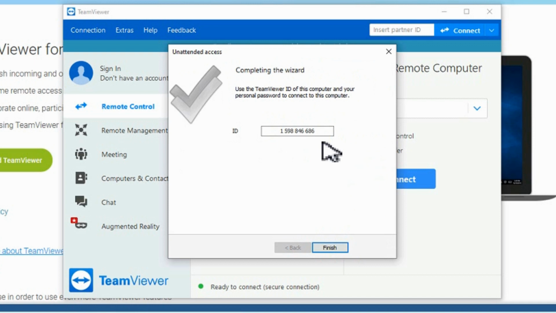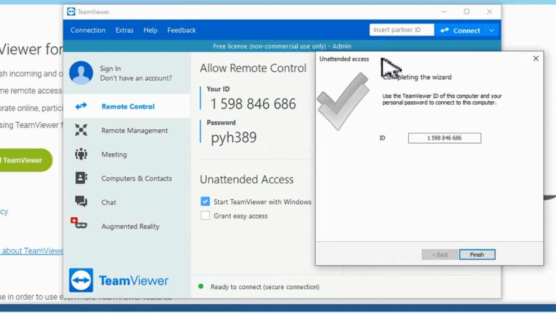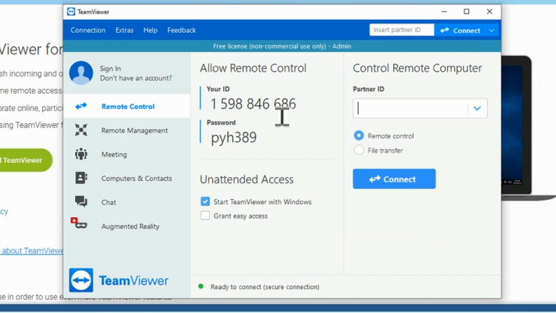Then it gives you your ID, which is what you would be connecting to from the remote computer. But we don't need to worry about writing that down quite yet, because it is over here on this screen. So when we hit close here, we're still going to have access to that number, and more importantly the password as well to connect into it. So with this here, we now have unattended access to remote into this computer, and basically this computer can be controlled if anyone has this ID and password, and it's checked on to start TeamViewer with Windows.